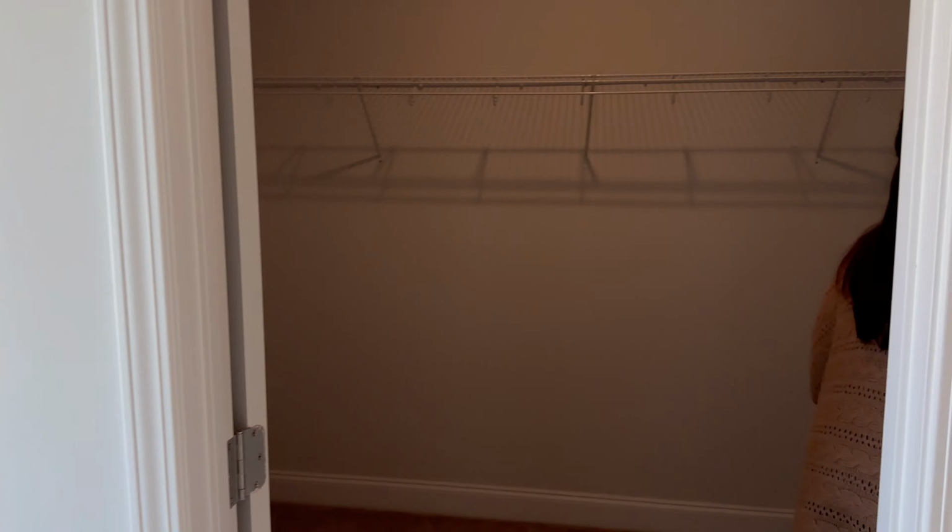You have two choices for where you're going to put your TV, but you can see how lovely they already put furniture. You have a choice because this is electric. You can put your TV here, or you can put your TV where that painting is. So you have two different options. You also have